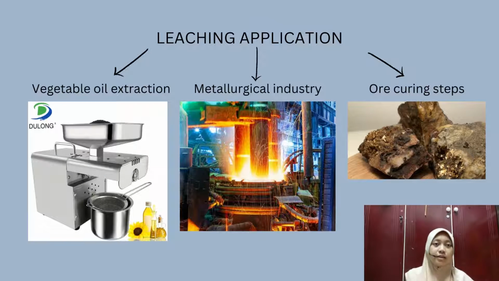And mostly the leaching process is applied in the vegetable oil extraction industry, the metallurgical industry, and the curing step industry. So basically this leaching process is widely used in industry for extraction of materials to produce